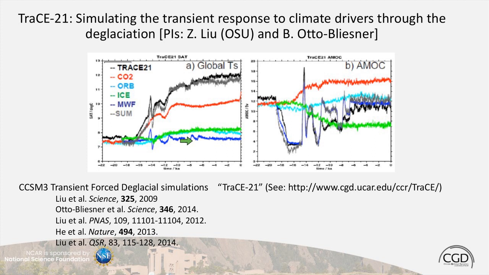This figure shows also that we have some runs with single forcings through this time period, and these are really useful for trying to disentangle what mechanisms, what forcing climate drivers, are causing different responses in the climate system. And I just listed a list of papers here that you can look at for further information about this run. You can also go to this website. And this data is available on the Earth System Grid.